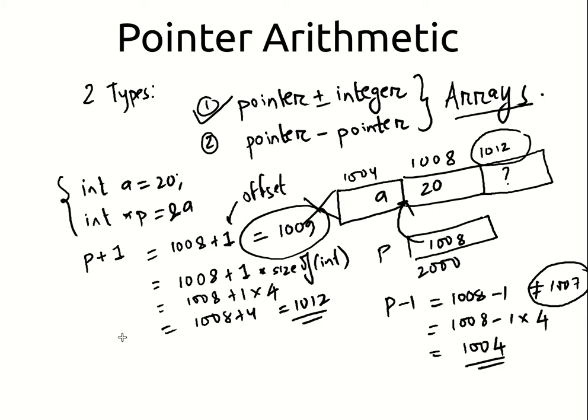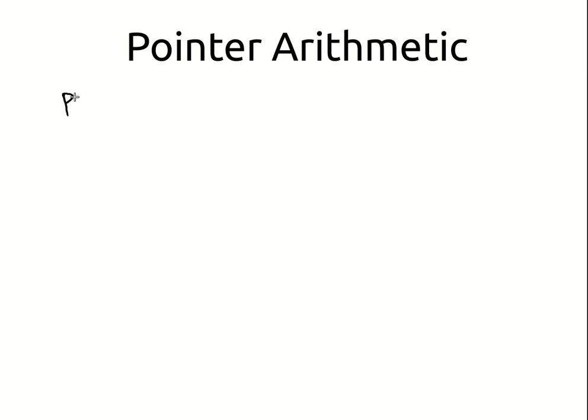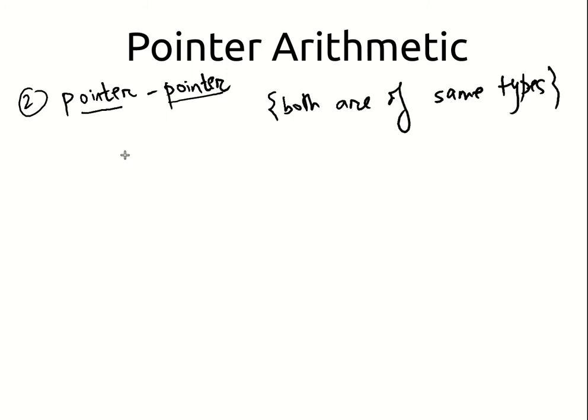Now let us look at the next kind of arithmetic, that is pointer minus pointer. I can very well subtract two pointers given that both are of the same type. If both the pointers are of the same type, then I can perform this, otherwise I cannot. So the requirement for this is both of them should be pointers of the same type. So let us take an example. If I have int a is equal to 20 and b is equal to 30, let me have two integer variables, let me create two integer pointers pa and pb,